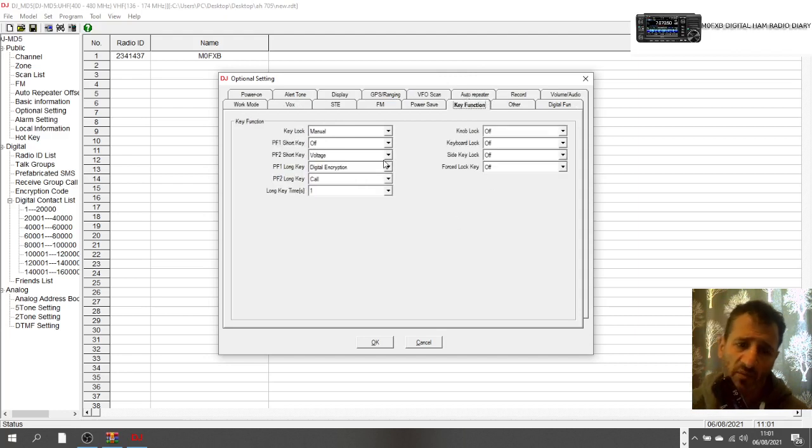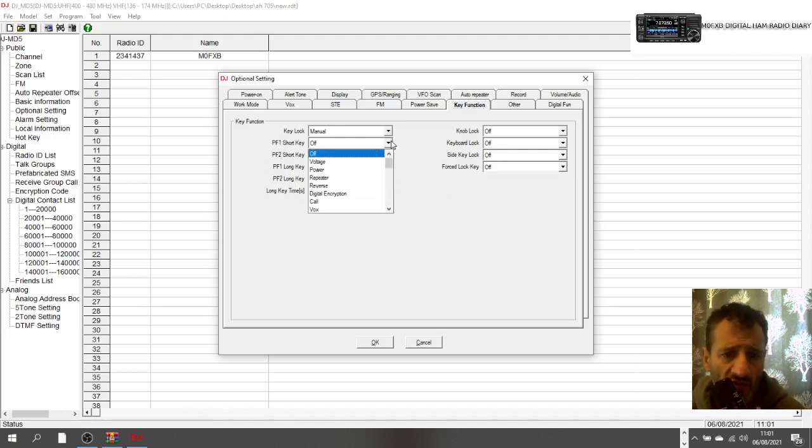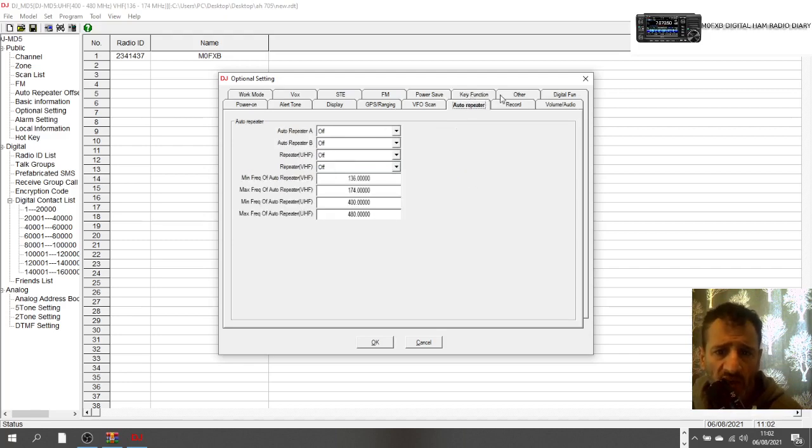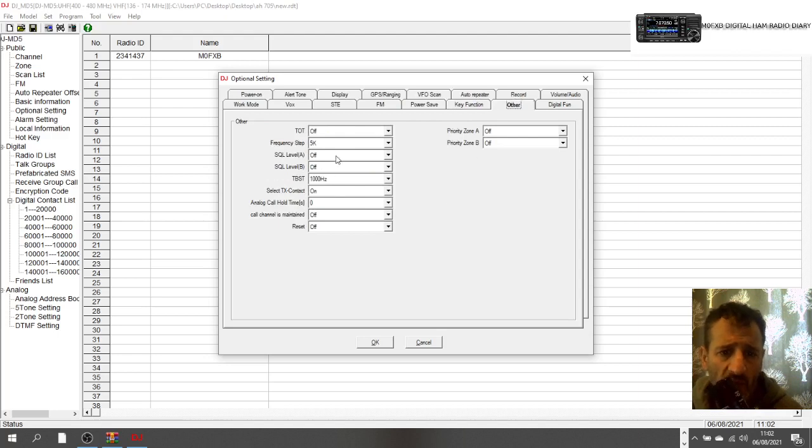Key function is what the actual buttons on the radio do. So look, PF1, PF2, 1 and 2. I haven't got a radio, but there'll be buttons you can program for long and short. You've got a selection here of different things you can choose for each key, and you've got the short press and the long press. And even the long key time. Knob lock, keyboard lock, auto repeater stuff, other functions, squelch level,